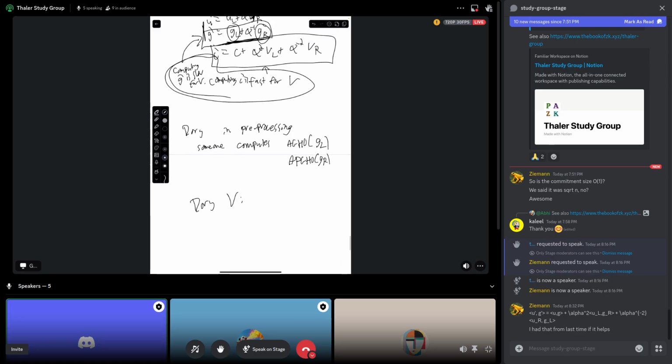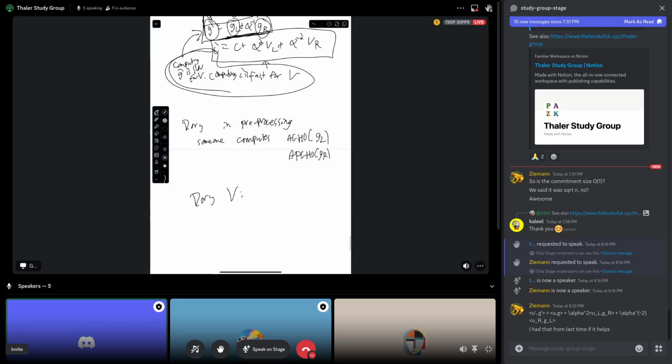Okay, and in that way, rather than the verifier computing G prime explicitly, the Dory verifier will compute an AFCO commitment to G prime. AFCO commitments are homomorphic. That's what structure preserving commitments means in the original AFCO paper. They let you commit to commitments, commit to group elements, and still have homomorphism available. And because G prime is defined as GL plus alpha inverse GR, an AFCO commitment to G prime is just the commitment to GL from preprocessing